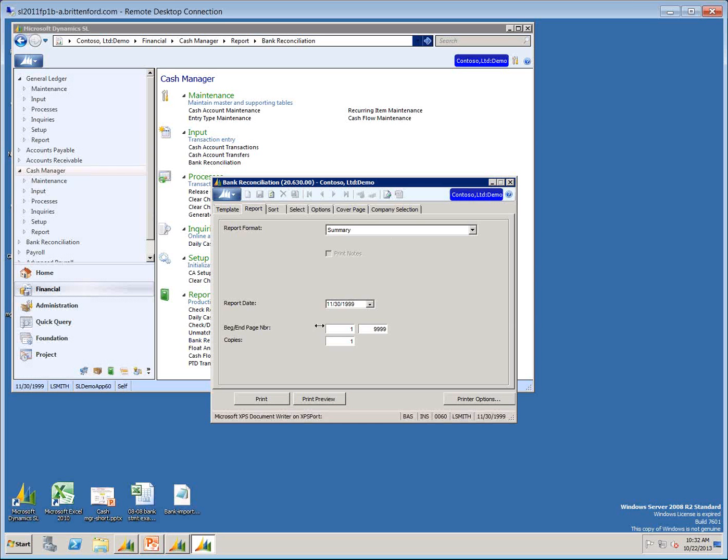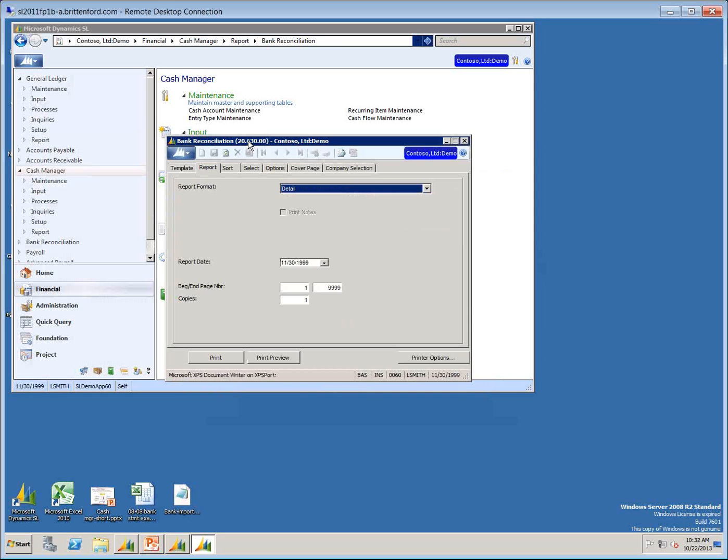One of them is the detailed bank reconciliation report. Now, there have been known issues where you don't have the rights to a certain screen, so if it pops up and it's grayed out, you may need to get that fixed. You may need to be granted rights to a screen. But the way it's supposed to work is if I do a print preview,